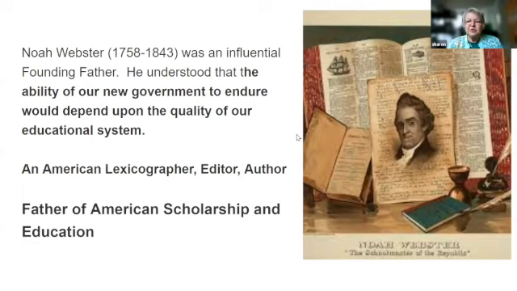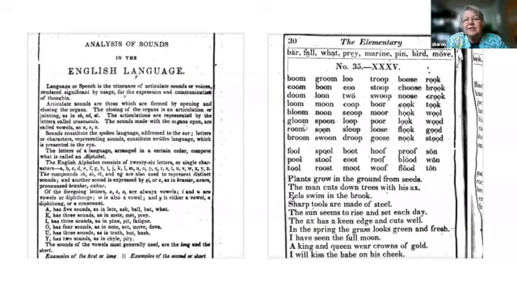And his huge contribution was to write a very small book known as the Blueback Speller, which taught children or adults how to read. I just put up the first page to show you how intense this program was and how much information there was on every single page. You know, there wasn't a lot of paper in those days, so they made use of what they had. But the way he taught reading was by spelling. So they would learn how to spell the word boom, write the word boom, and then they would know how to read the word boom.